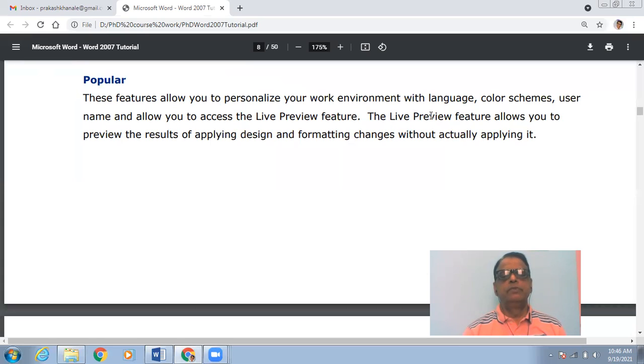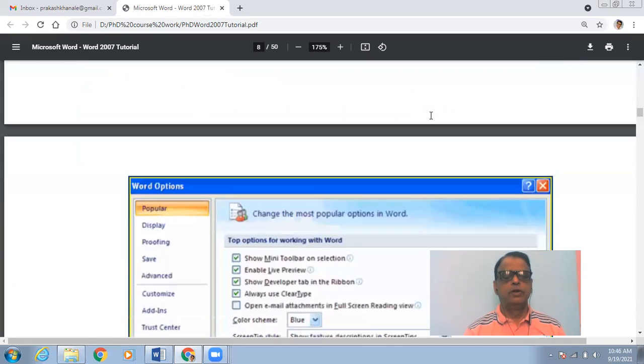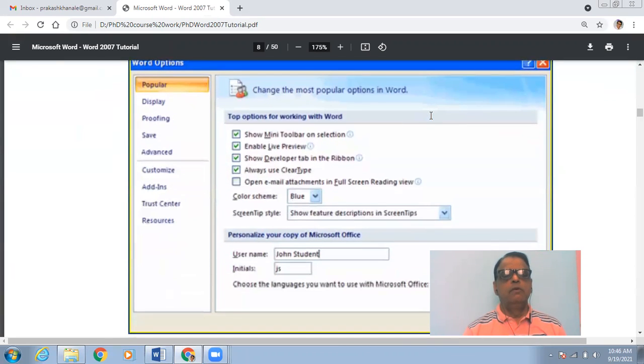This feature will allow you to preview the results of applying design and formatting changes without actually applying them. The preview feature will show you how exactly your document will look when you apply certain design and formatting changes.